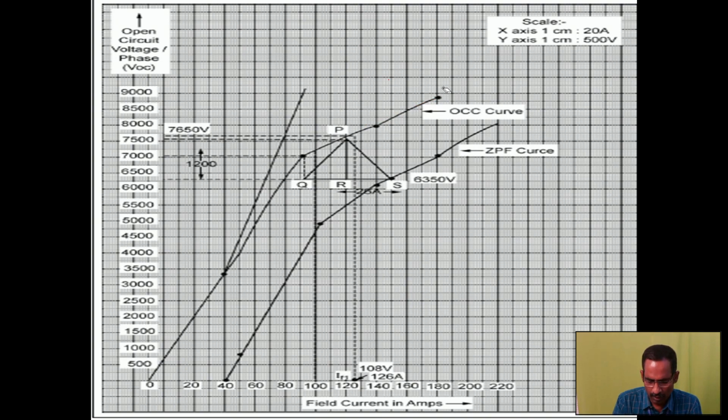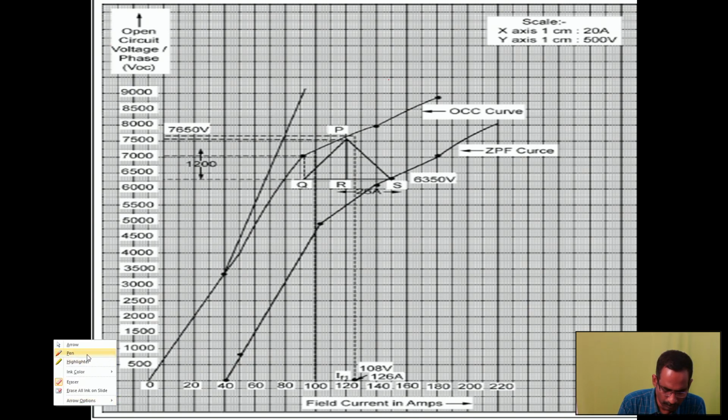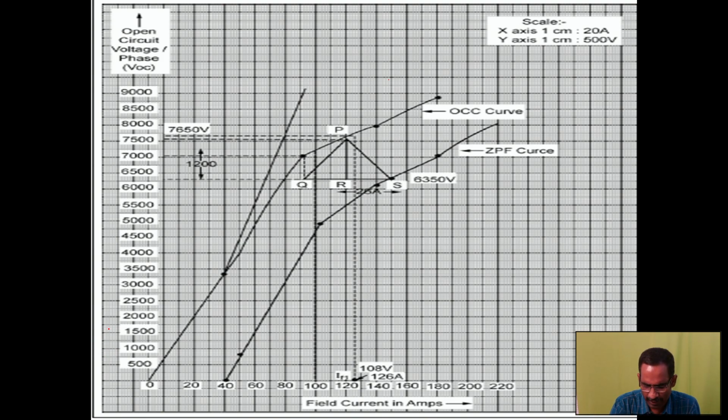Okay. So here this RS value and the PR value is measured and calculated. So by using these two values,